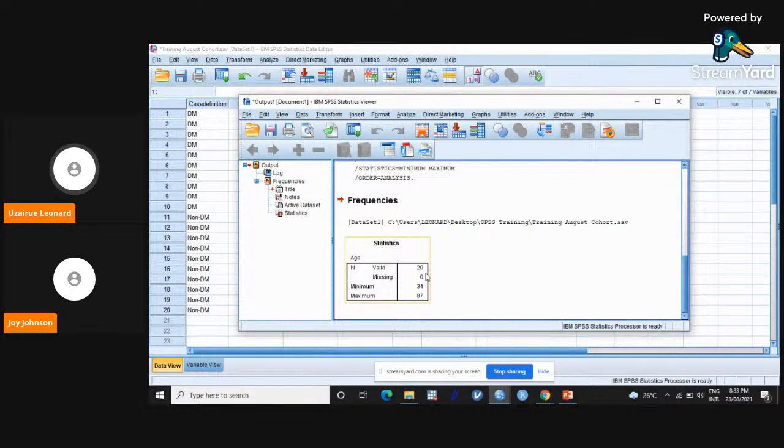Is there anyone missing? No. Then what is the minimum value? It is 34. And what is the maximum value? It is 87. Now the reason why you need to know this minimum and maximum is because that will help you